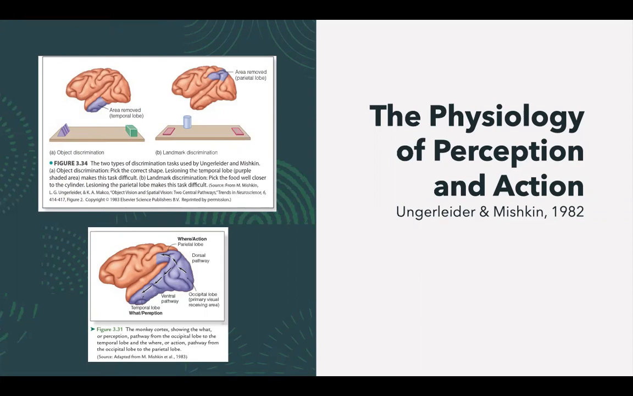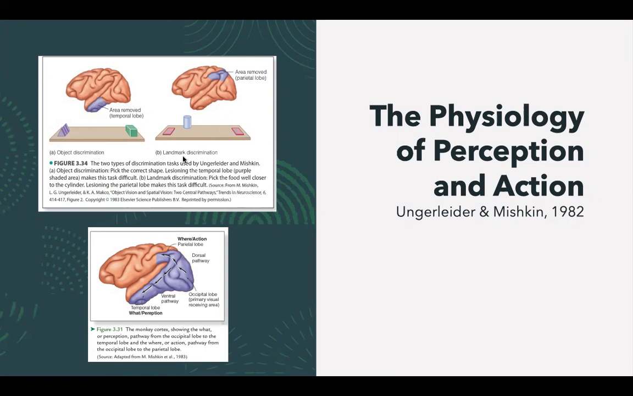As you can see in this figure, this is the classic experiment done by Ungerleider and Mishkin in 1982. They studied how removing part of a monkey's brain would affect its ability to identify an object and to determine the object's location. This experiment used a technique called brain ablation, as I mentioned before, which is removing part of the brain of the monkey. So Ungerleider and Mishkin presented monkeys with two tasks, as you can see here, the object discrimination